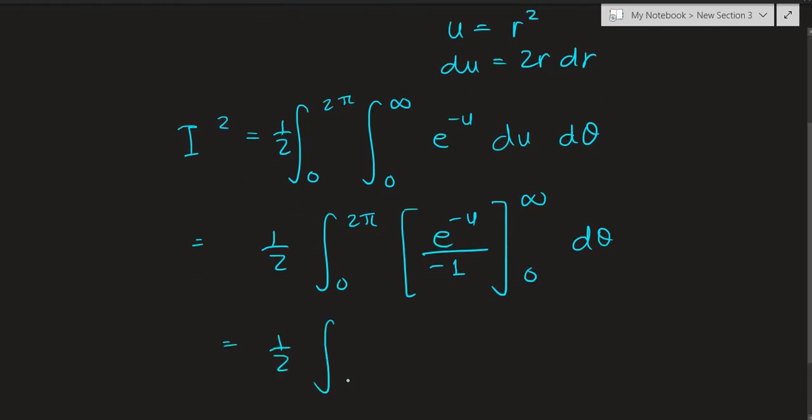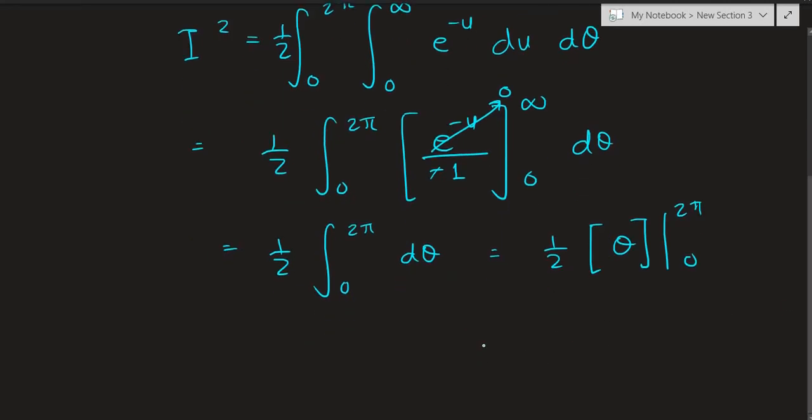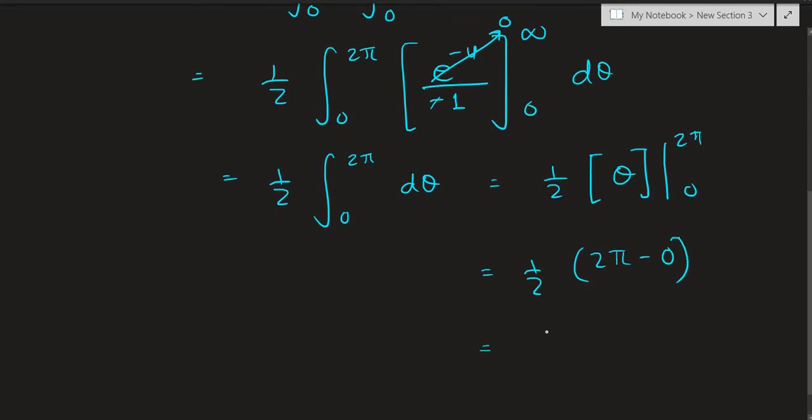So we have half of the integral from 0 to 2 pi of, now notice that as u tends to infinity, this term decays to 0, and at 0 you have a 1, so the negative from evaluating at 0 and this negative are going to cancel out, and e raised to 0 is 1, so we have 1 times d theta, or just d theta. And integrating this is very easy. We just have to plug in the values 2 pi and 0 into theta. So we have half of 2 pi minus 0. 2 pi minus 0 is just 2 pi, and we have a half here, and this is I squared,